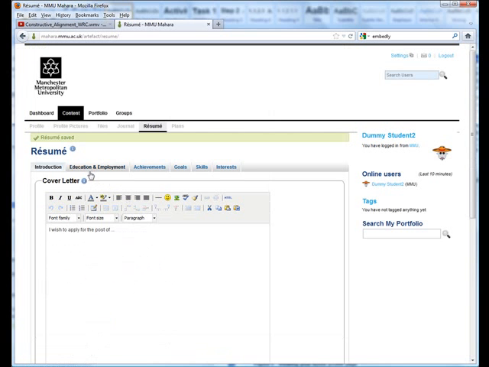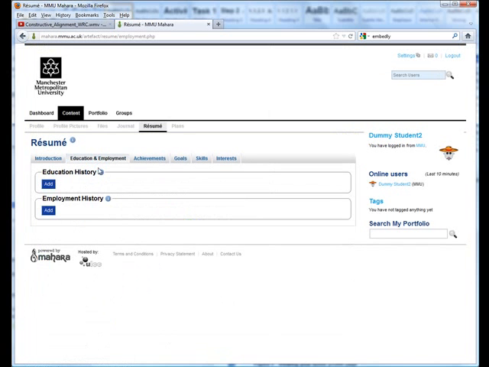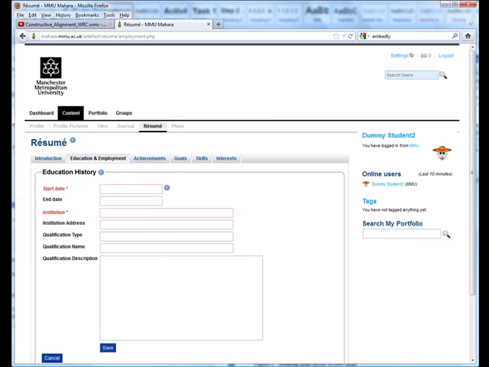So under the next tab we have education and employment, and here it's possible to add your education and employment history. It's done simply by clicking on the add button for educational history. The fields that are highlighted in red are required fields, so we need to have a start date. So this person attended from 2009 to 2011 Manchester Metropolitan University, where they were awarded a 2-1 BSc Honours degree